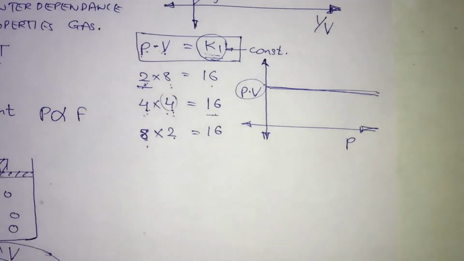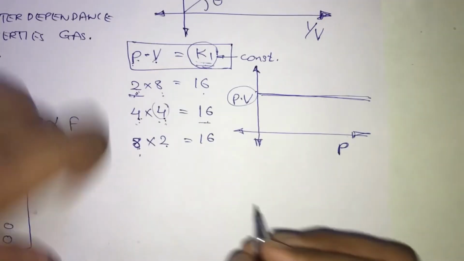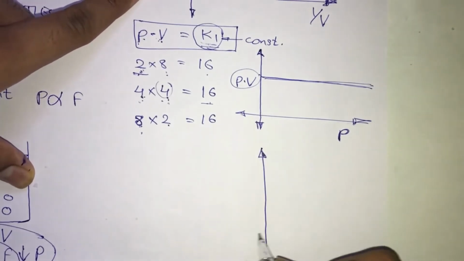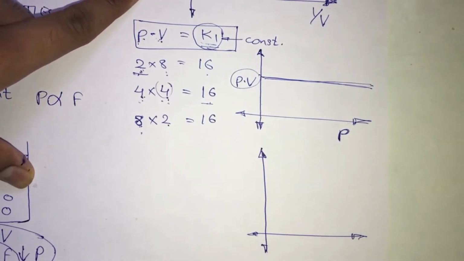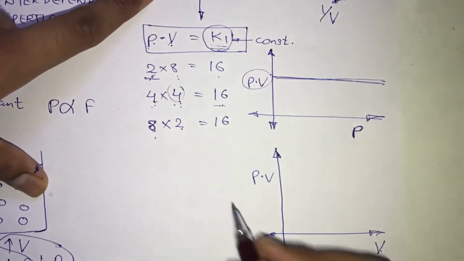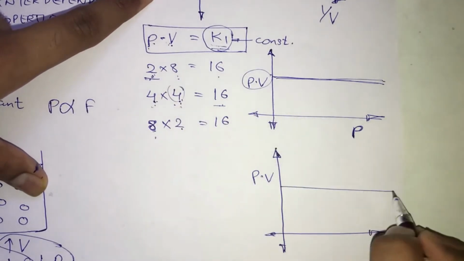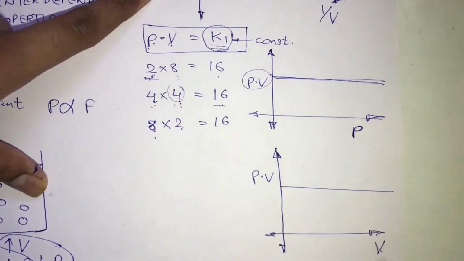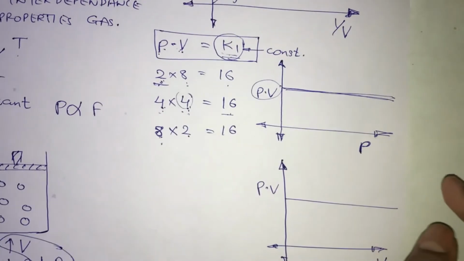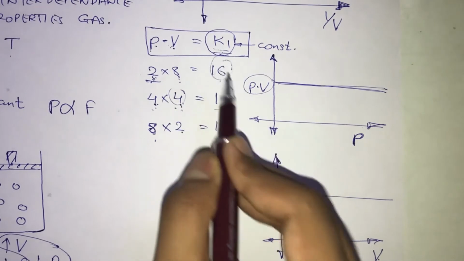Okay, now as I have done for pressure, so can I say guys one more observation, that for P into V, whichever volume you change, whether you make the volume from 8, 4, 2, so whichever volume you change, the P into V multiplication is going to give us a constant value. I hope guys this concept is clear for you, that the multiplication of pressure into volume is always going to be a constant value.